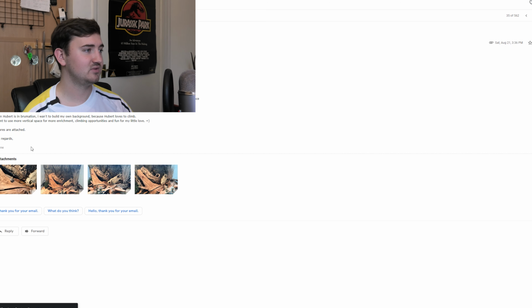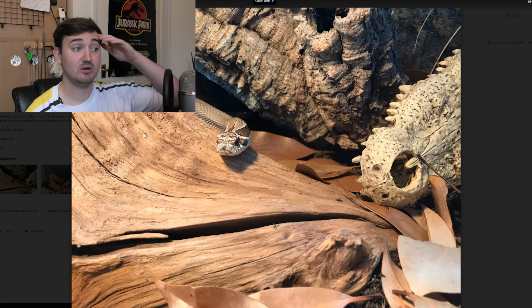Above the hide is a 75-watt heat lamp to get the right temperature. I have no other lighting yet, but UVB and daylight lamps are planned. When he's in brumation, I want to build my own background because Hubert loves climbing. I want to use more vertical space for enrichment, climbing opportunities and fun for my little love. Cool. Well, it sounds like you've got this all planned out and you know what you're on about anyway, so...